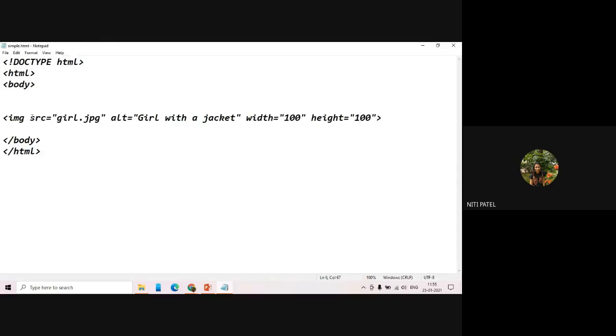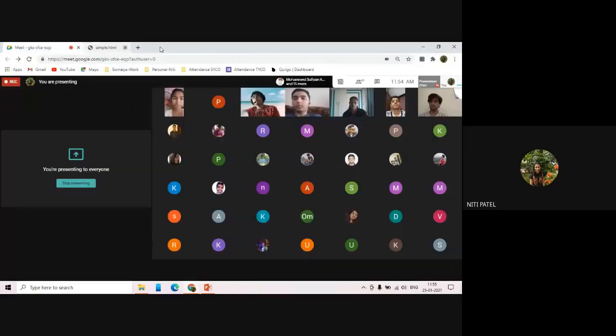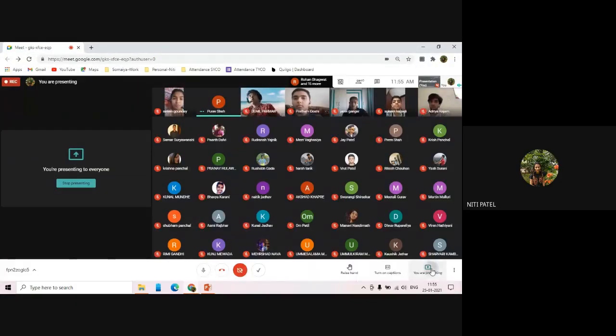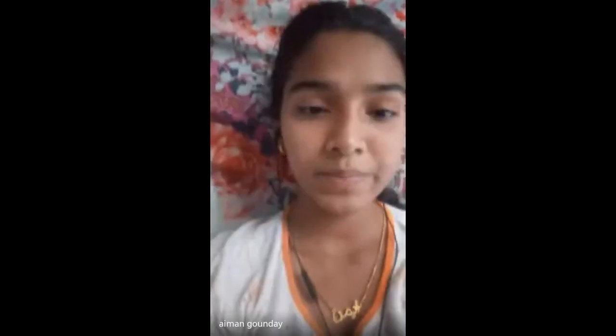If the image is not displayed, use the alternative text. If it is displayed, do not use the alternative. So what is the function of the alternate attribute? It is used to display the text alternatively only when the image is not displayed properly on the screen. Clear? Yes, ma'am.